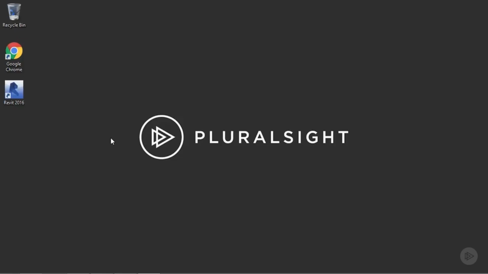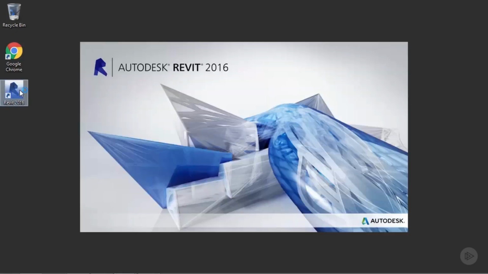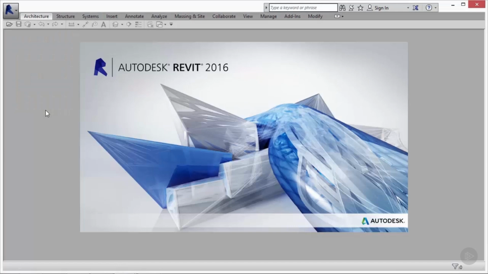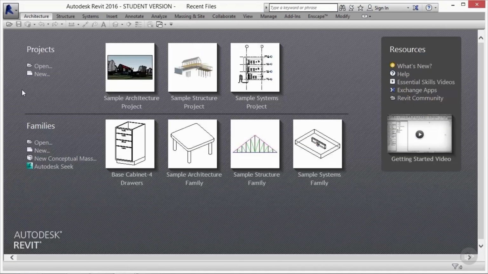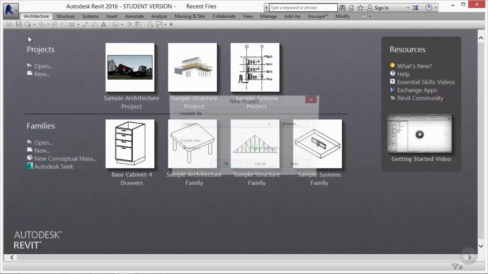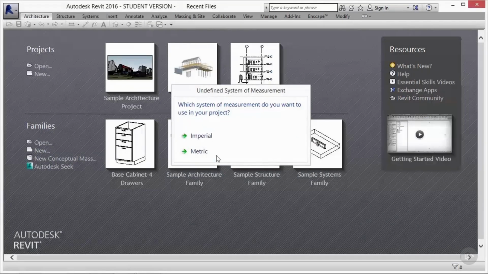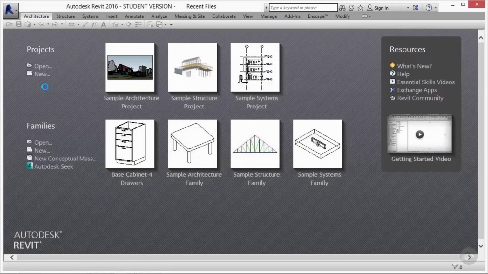If you installed Revit per the default installation settings, you'll have an icon on your desktop. For this exercise, we'll be using Autodesk Revit 2016. Once you open the program, you should have a view that looks something like this, which is pretty close to the default. In the top left corner, the Revit symbol will be your access to all of the standard settings: